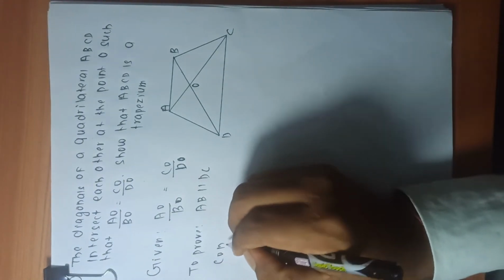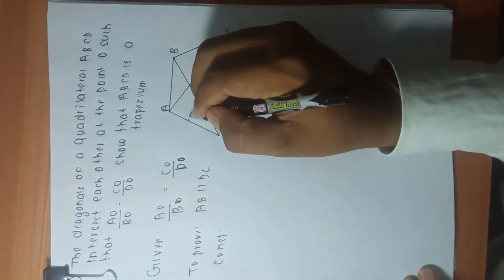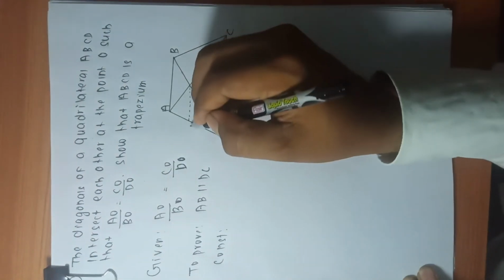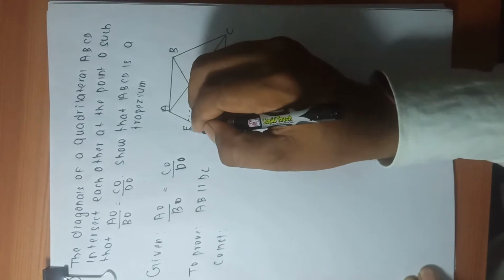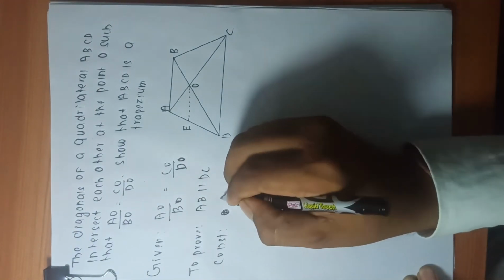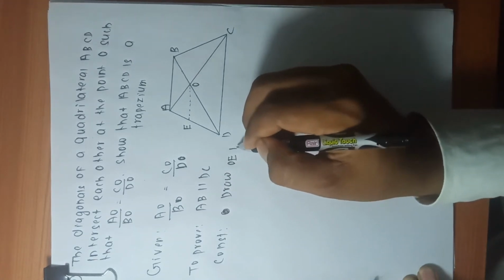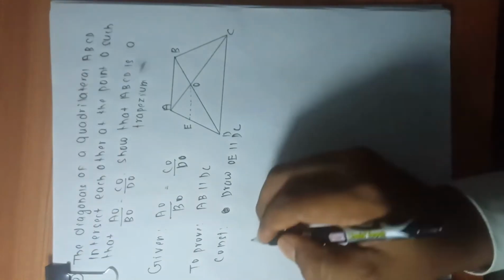For construction, we will have to construct a parallel line from O. We draw OE parallel to DC. Proof: